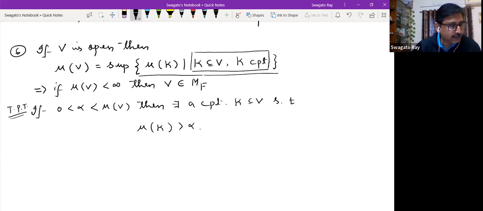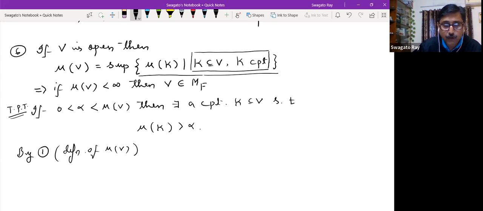What can I do? By the definition of the measure of an open set, so by definition, which is actually 1, the definition of mu V. Question is from where a compact set can come? A compact set can come only from the support of a CC function. So somehow I have to bring in a CC function in the scenario. And that actually is being given in the definition of mu V. So I try to invoke that. So by 1, there exists some F